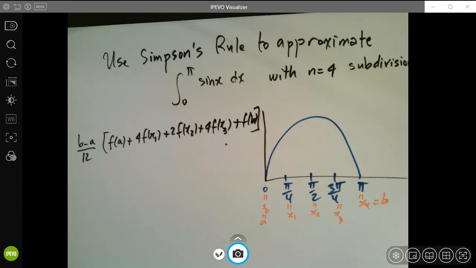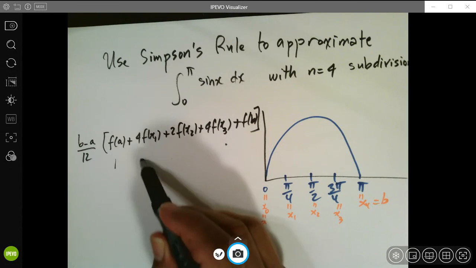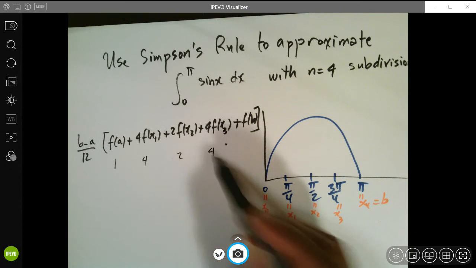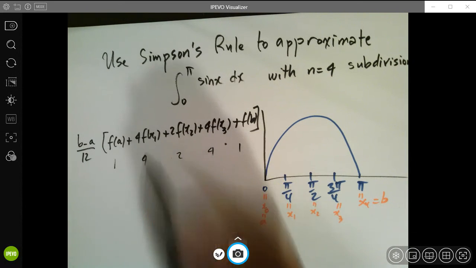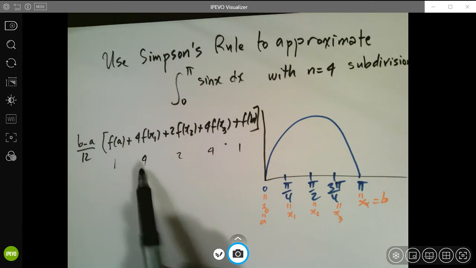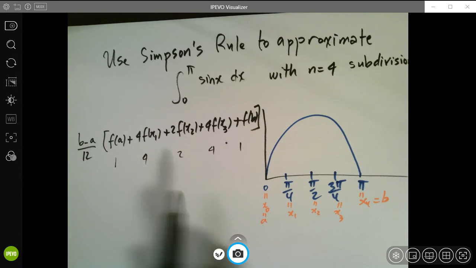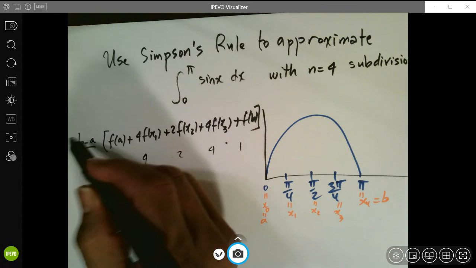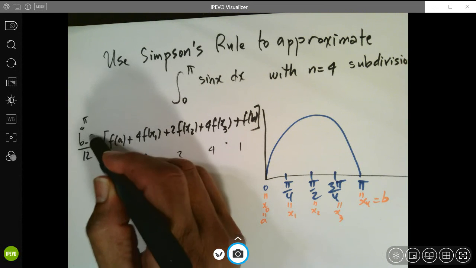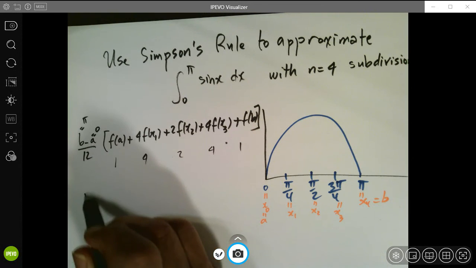What we repeat is 1, 4, 2, 4, 1. For the trapezoid it is 1, 2, 2, 2, 1. For the Simpson it is 4, 2, 4. Now what will I get? b is pi, a is 0. I will get pi over 12